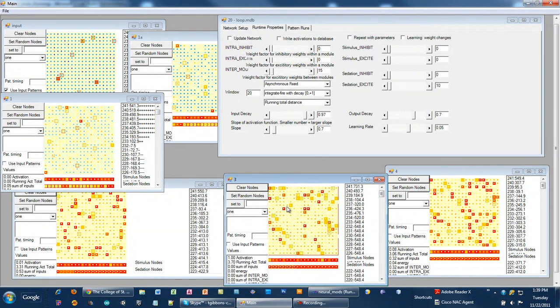If this is higher, even 1 or 2 of the nodes active in the block can activate all sedation nodes. So you can control how easily these sedation nodes are activated by the connection here to here. Now the inhibition is the connection from the sedation nodes here. Right now it's set to 0, the factor, so there's no inhibition going from the sedation nodes here. But if I increase this and then do some updates,